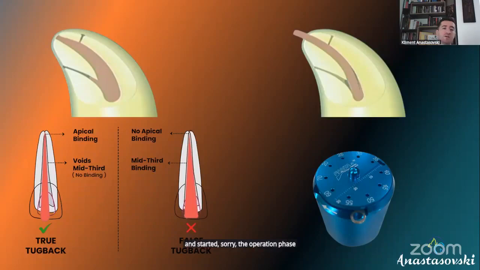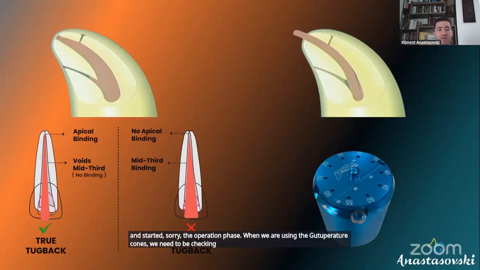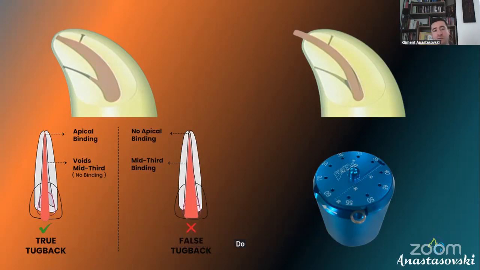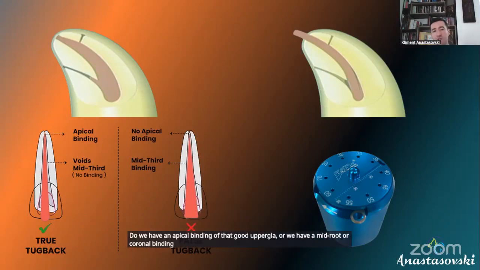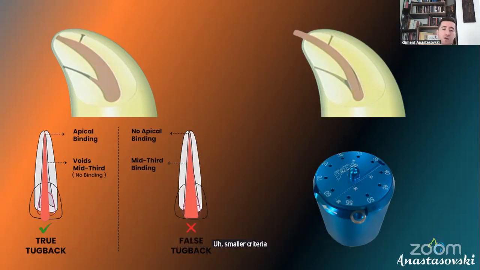When we are using the gutta-percha cones, we need to check if we have a true or false tugback, or whether we have an apical binding of that gutta-percha, or a mid-root or coronal binding, in which cases we may choose to use a smaller gutta-percha cone, or to reshape the root canal system. Here, for that purpose, you may use this kind of measurement